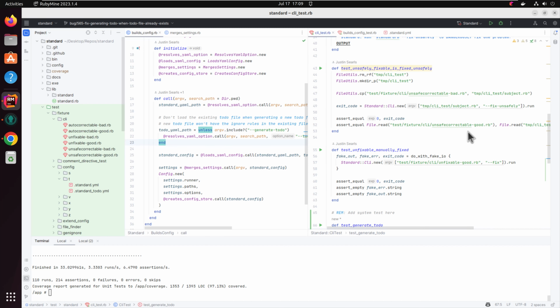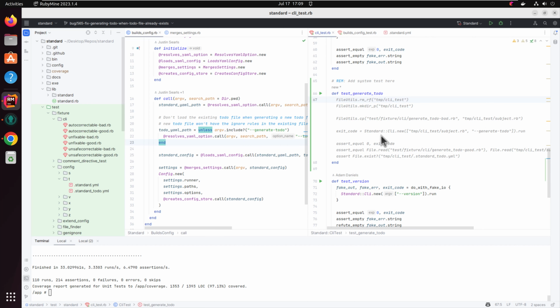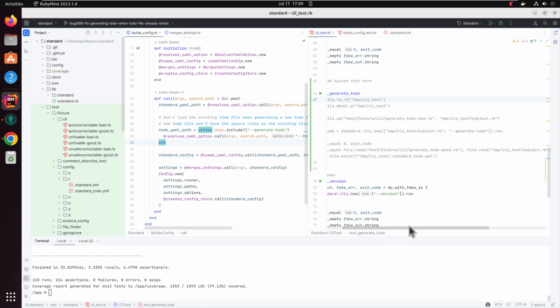Oh, sorry, it's copying, calling it that. That's the subject. And then it's calling the CLI, passing in the subject, and in this case we'll generate the to-do. Should get 0 as an exit code. And then it's going to read